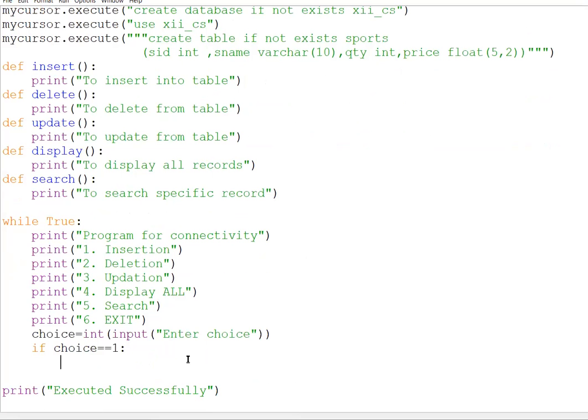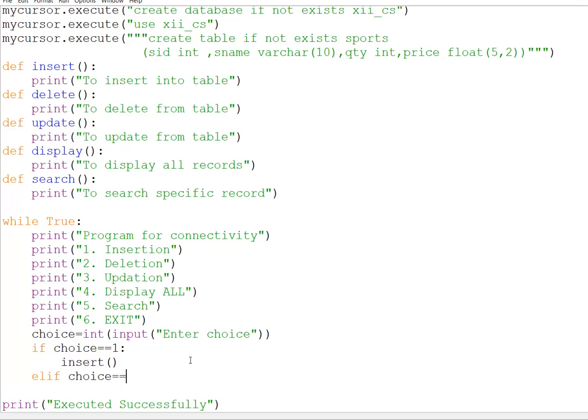See, this is all what we have done in the 11th standard. Then we are going to call the insert function. Elif choice is equal to 2, then we are going to call the delete function.